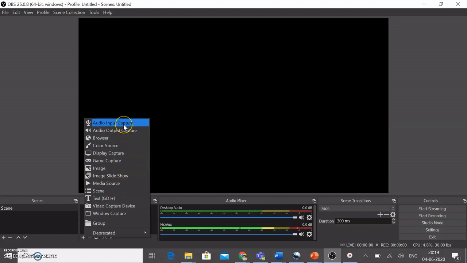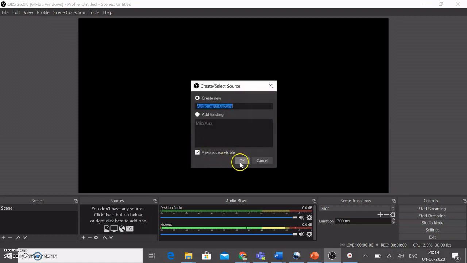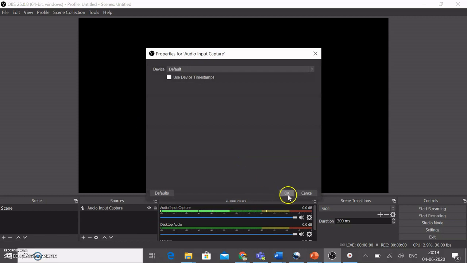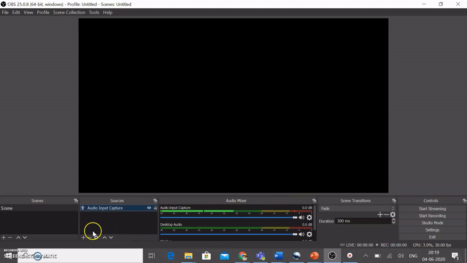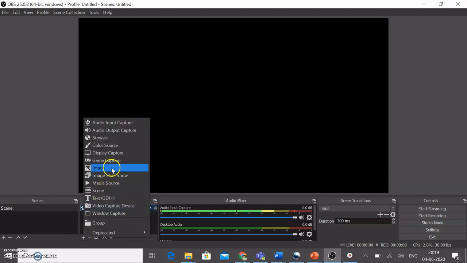So we need audio that needs to be captured. We will click on Audio Input Capture and we will click on OK. Again, we will click on OK. So whatever we speak would now get recorded. Other than that, we want an image to be displayed on the screen.